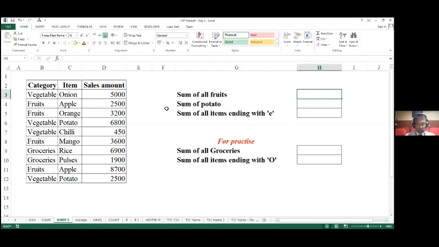Okay, so I want all of you to be in sync with me. Let us move together. Here the application of SUMIF is slightly different from what I had done in the previous case. So here I'm going to use =SUMIF open bracket. The command remains the same. Now I want Excel to identify fruits, so I have to let Excel know which range it has to look in to identify fruits. That is the range B3 to B12.